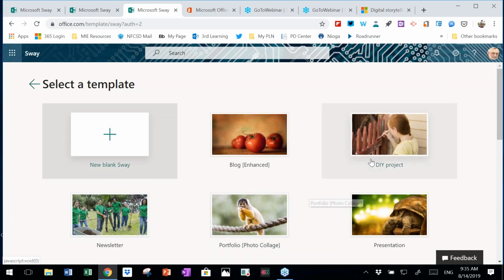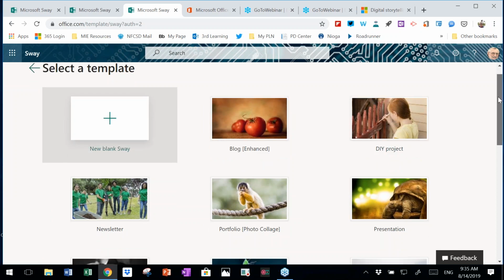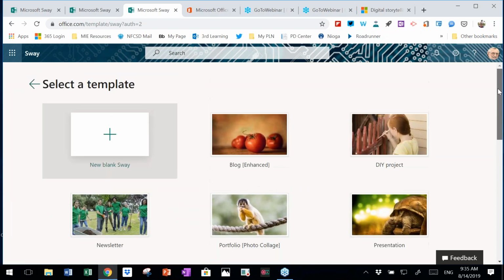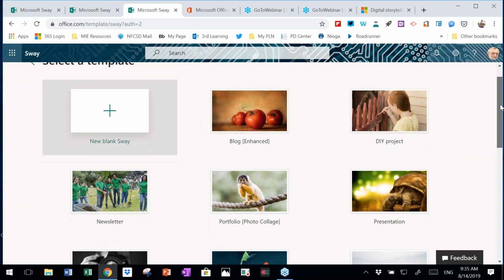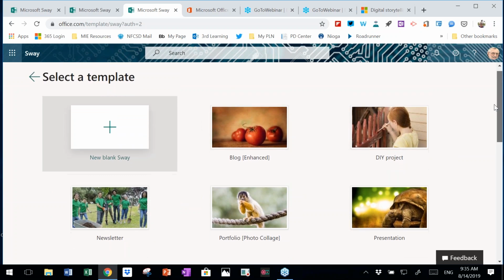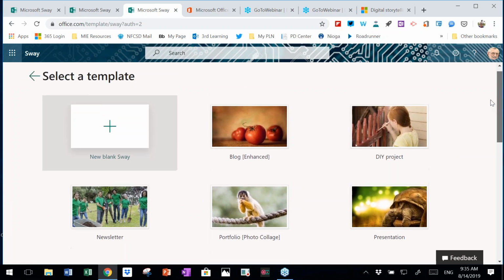What you might do, perhaps you have an open house coming up, or starting the school year in September, all the schools have an open house, is maybe create a Sway to show in the classroom when you get either students and parents coming in and say, look at a newsletter